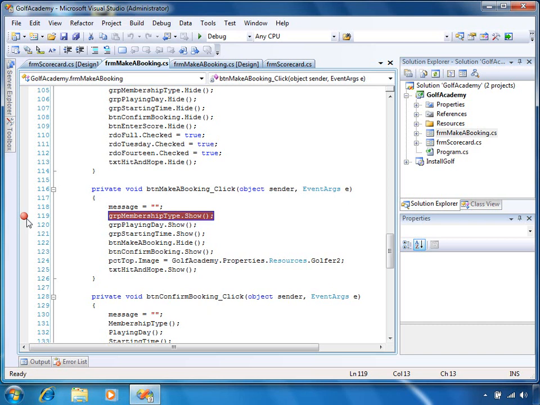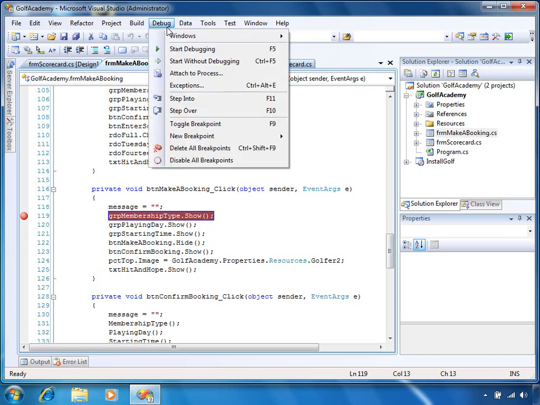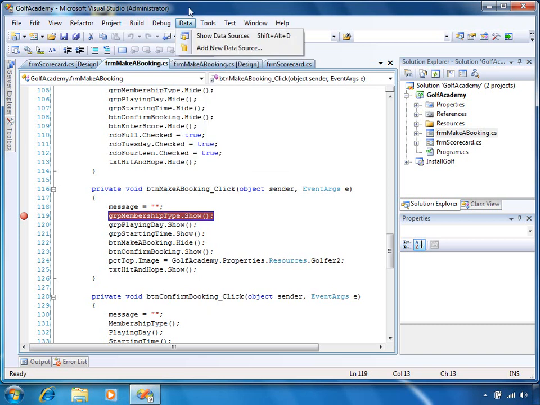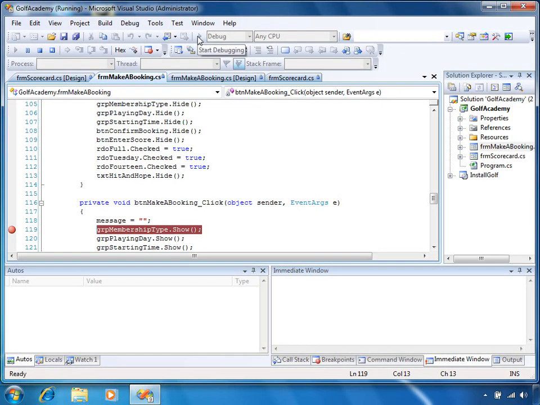We've set a breakpoint, so whenever this line of code is about to be executed, our program flow will stop and we will be taken into the Visual Studio debugger, where we can step through our program flow and logic, and analyze the values of variables and properties. But in order to run our program in debug mode, we have a couple of different ways of doing that. We can press F5 on the keyboard, we can go to the debug menu and select start debugging, or we can click the little play button on the debug toolbar here, which will also start our application in debug within the Visual Studio debugger. So if we just click the little play button,